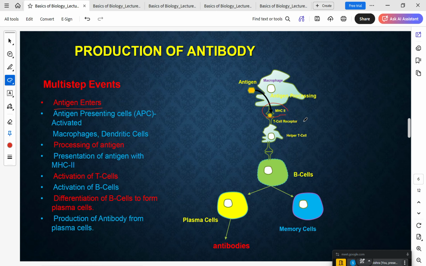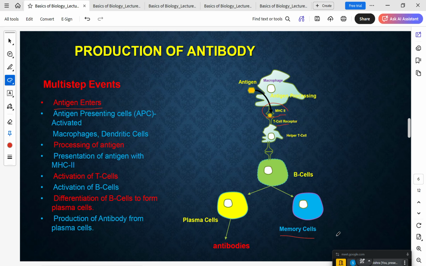Antigen MHC2 complex is then recognized by T cell receptor, particularly helper T cell, which then signals B cells that you need to produce these antibodies against this antigen. The B cells can then mature into plasma cells or memory cells. The memory cells keep a track of what infections the body has gone through, and it is sort of like